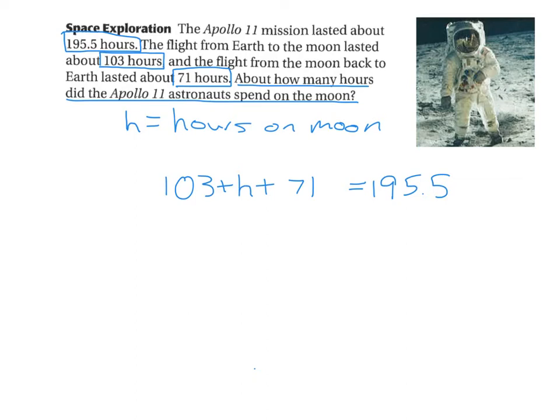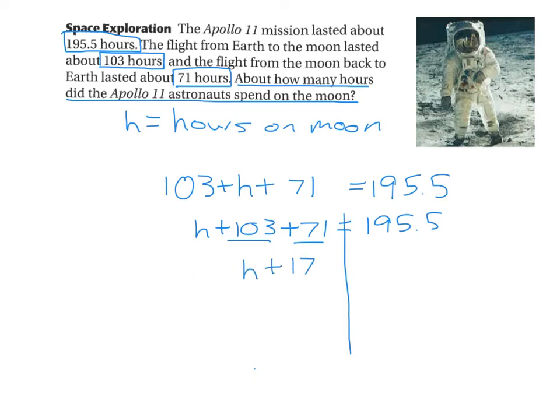Now, I'm going to rearrange my terms here. I'm going to put my h first, my variable first, plus 103 plus 71. We can do this any time where all we have is addition. We can rearrange the terms. Now, I can combine like terms. I'm going to draw my line here down the middle. I can combine like terms, 103 plus 71. It's going to give me h plus 174 equals